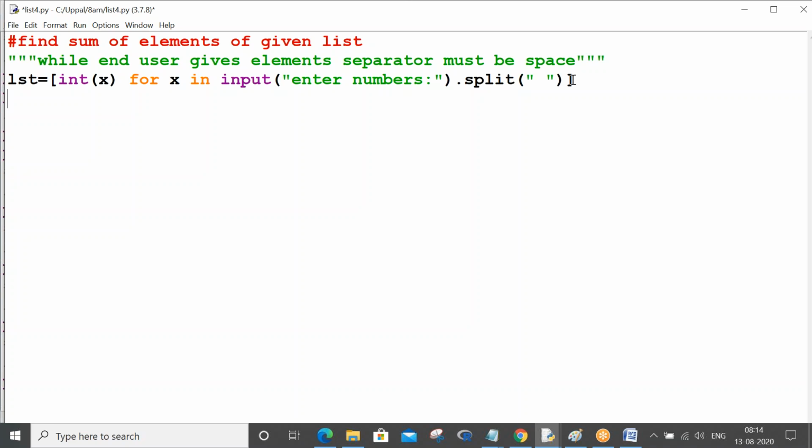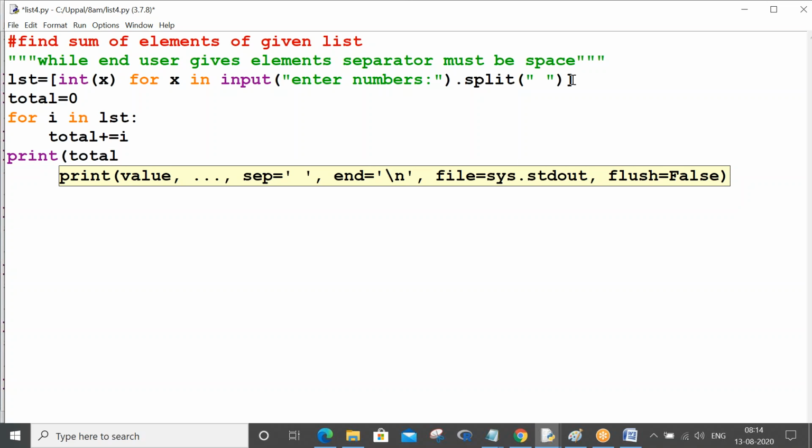Now you take a variable total equals 0. Now for i in lst, total plus equals i. That's it, right? Print total.